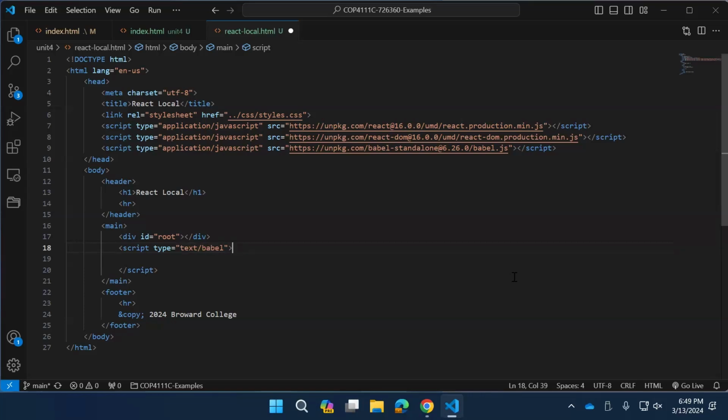What the Babel library is doing is it's looking for any script tag with a type of text to be interpreted by Babel. Then any JSX that it finds inside of this script tag, it will actually transpile into regular JavaScript. All right, so now